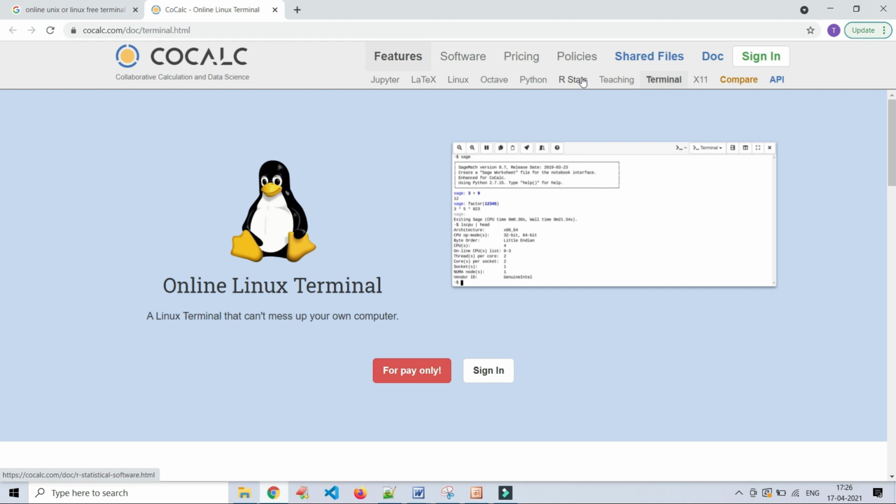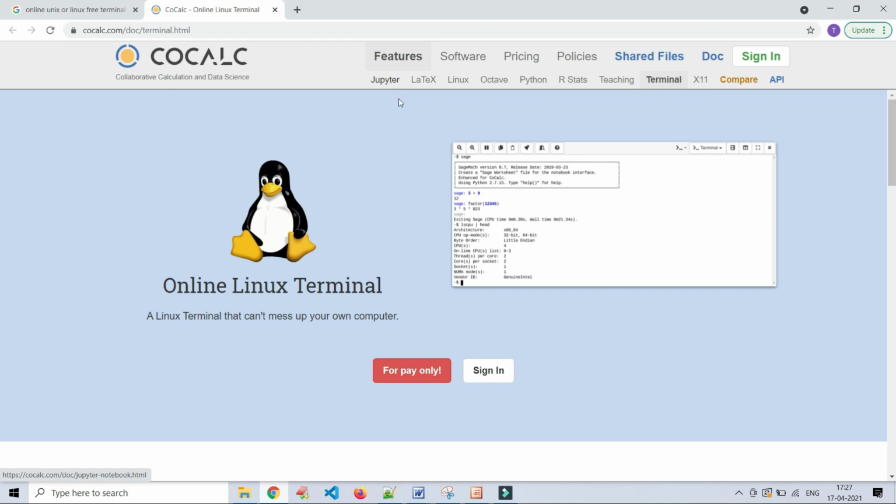The CoCalc Foundation has created one free terminal for everyone to work on any of the technologies displayed here, because we do not need to worry about configuration and setup for each and every technology. Simply we have to register here, and based upon our requirement we can choose the respective technology and start practicing the commands and shell scripts.